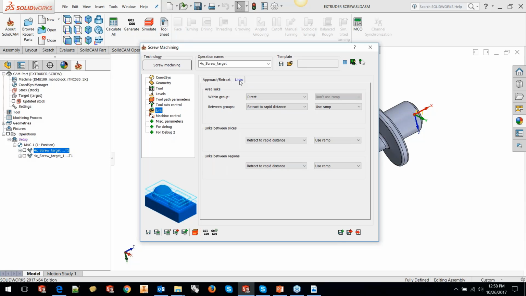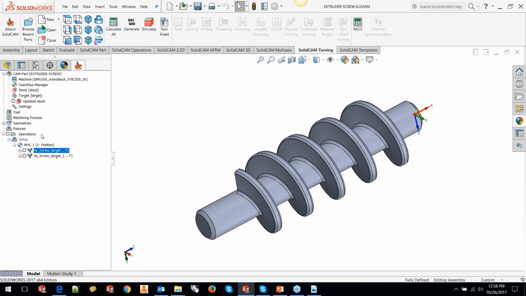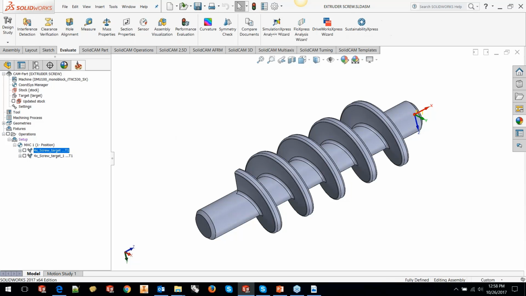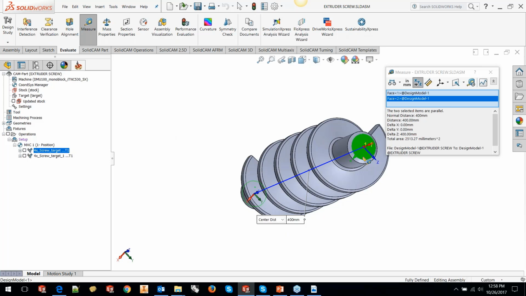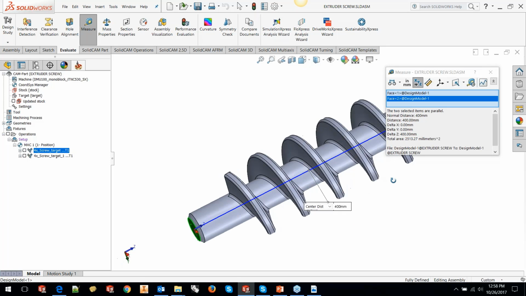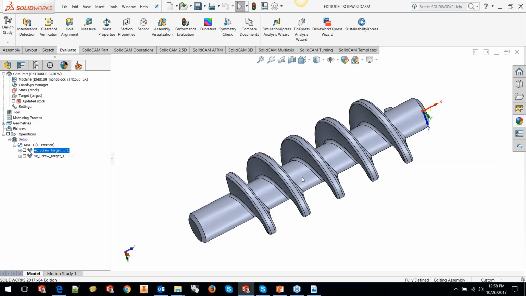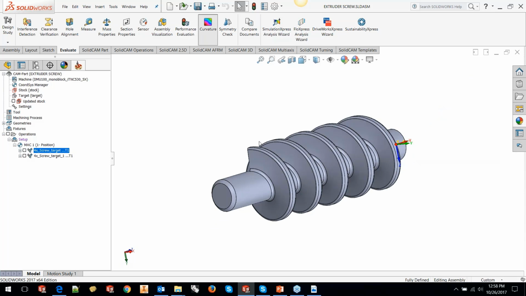Okay, so that it becomes easier for it to apply. Once that is done, it takes, for example, this part. If I measure this part, this is about 400 millimeter. A 400 millimeter screw with a diameter, if I'm not wrong,